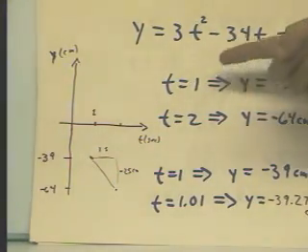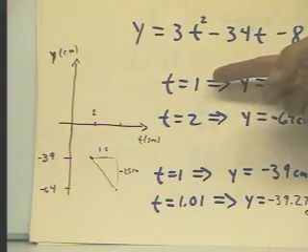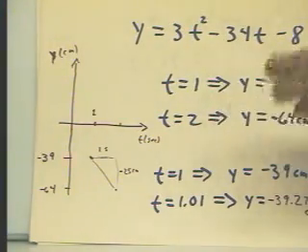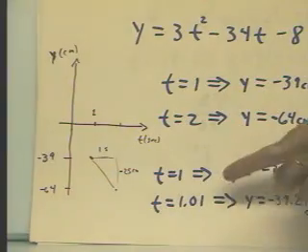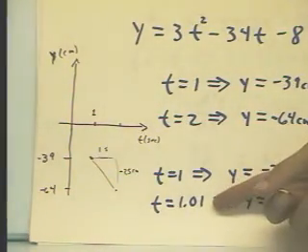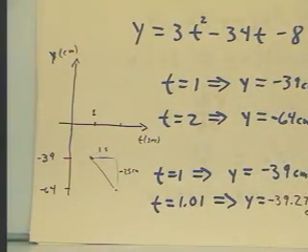We begin by finding the average rate of depth change between the t equals 1 and t equals 2 instant. Then between the t equals 1 and the t equals 1.01 instant. Once more, what we're looking at